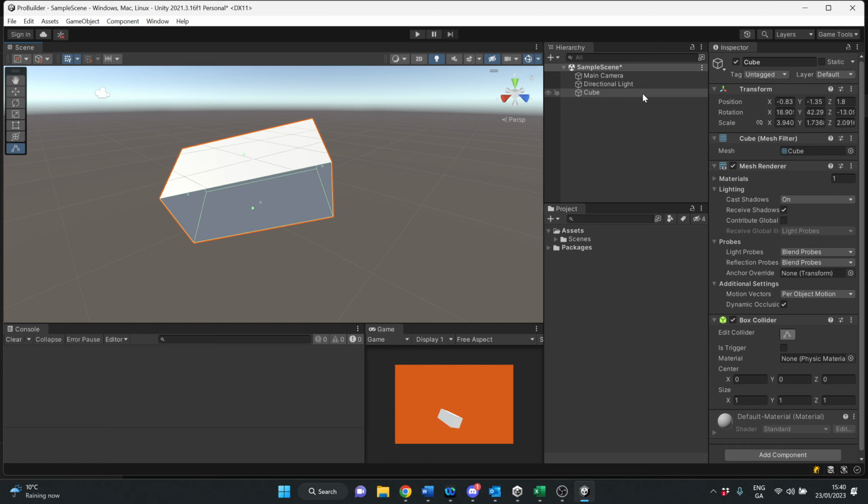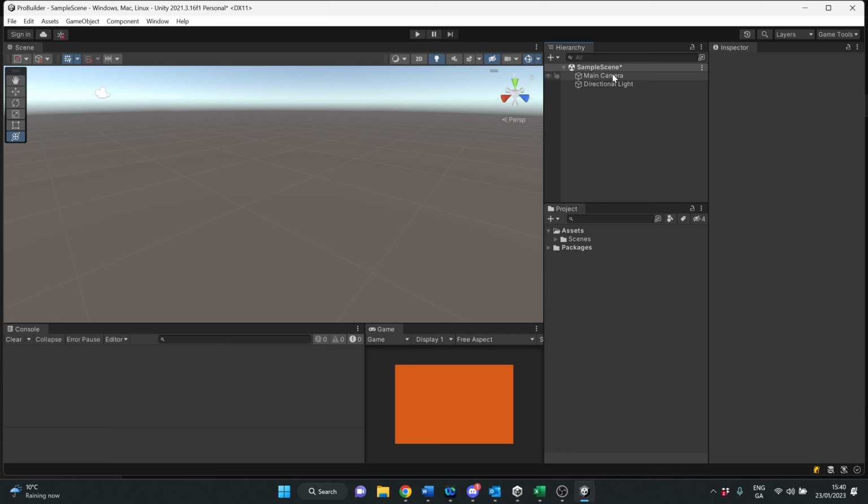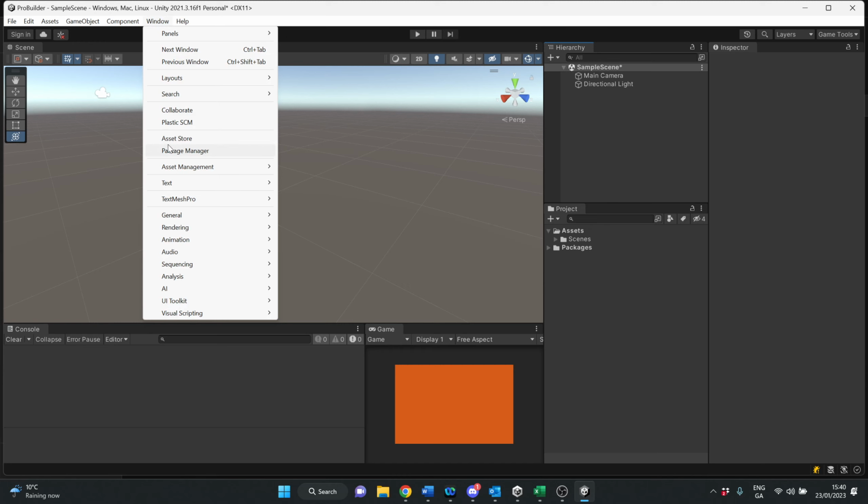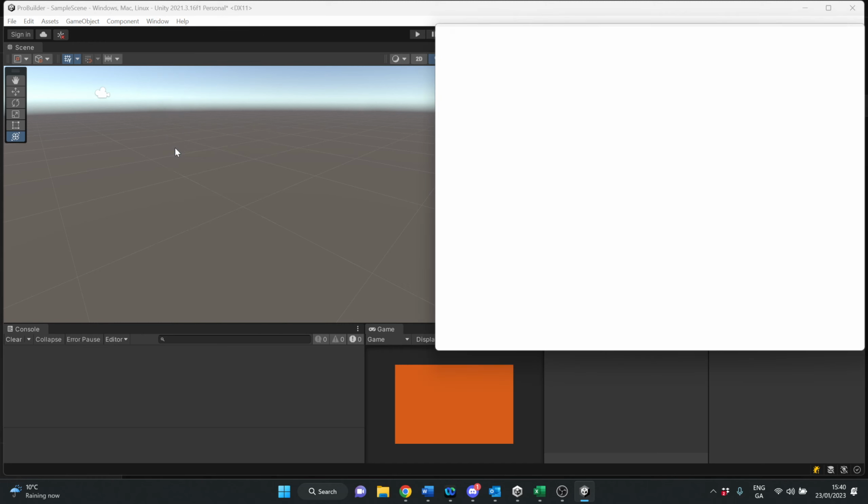So I'm going to delete out this cube now, and we're back to the scene. Okay, and what we're going to do is we're going to start working in ProBuilder. And to do that, we have to get it from the package manager. So you go Window, Package Manager,